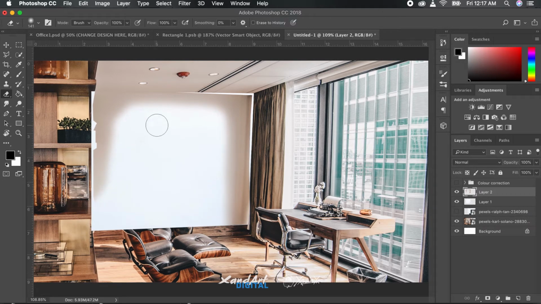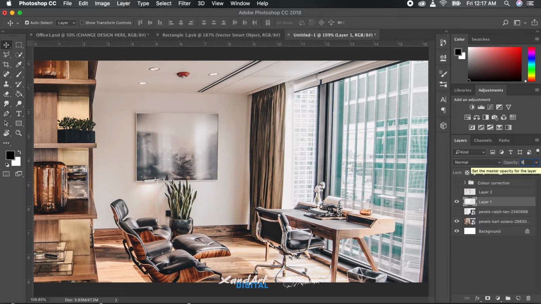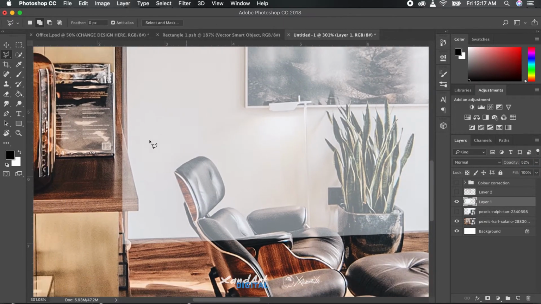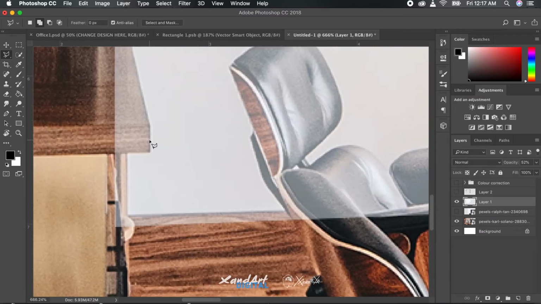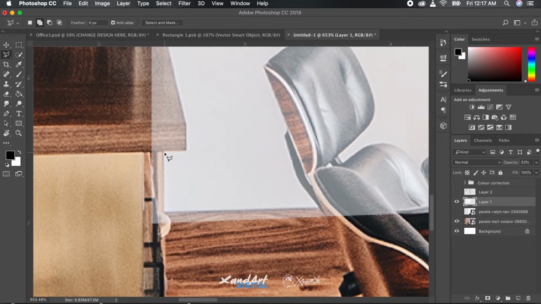Now we will create a mask on the texture, the new texture of the wall, so that we can let the elements that are in front of the wall be visible through the wall. That way the wall will look more like a part of the photo and not feel like it has been added afterwards.